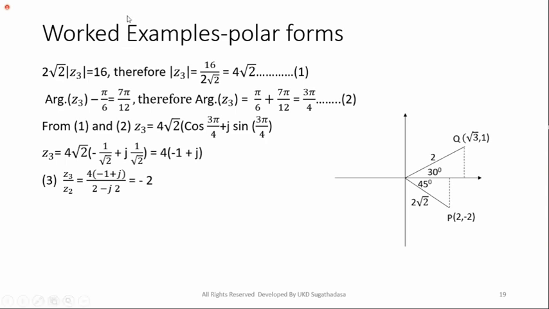That is what we call the Cartesian form. If we divide Z3 by Z2, Z3 is 4 times minus 1 plus j, and Z2 is given as 2 minus j2. If you simplify the denominator and numerator, you get the factor 1 minus j, which will cancel, and you get the answer minus 2. Remember, these are questions normally taken from past papers, right?